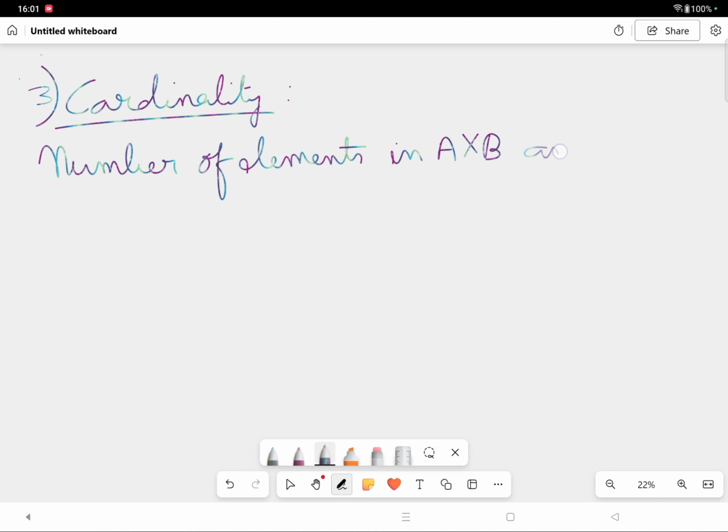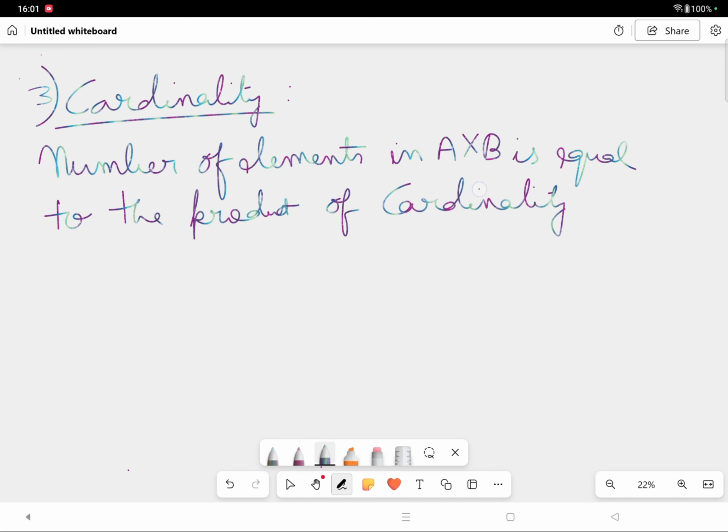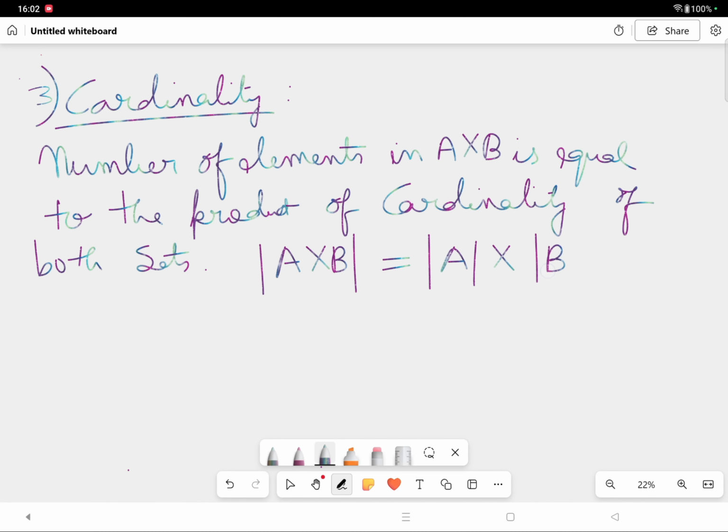and it is equal to the product of the cardinality of both sets. That is what it is saying, that the cardinality of A cross B is equal to the cardinality of A cross the cardinality of